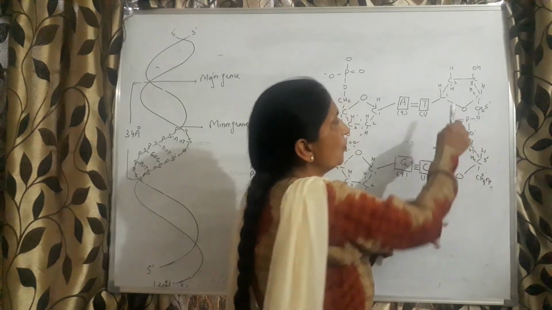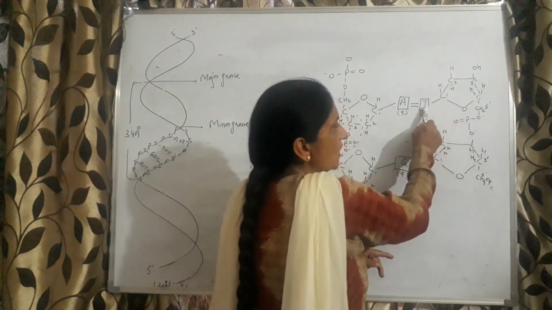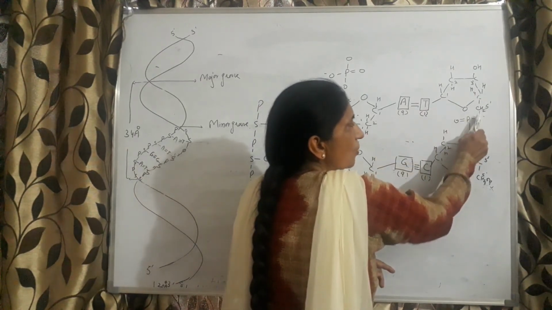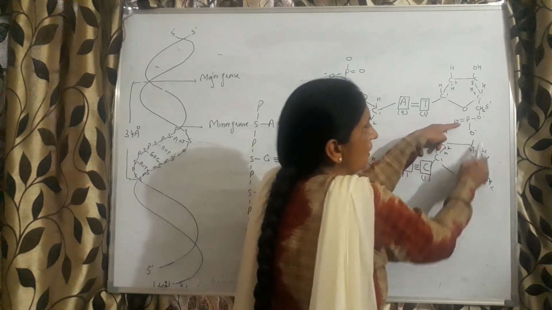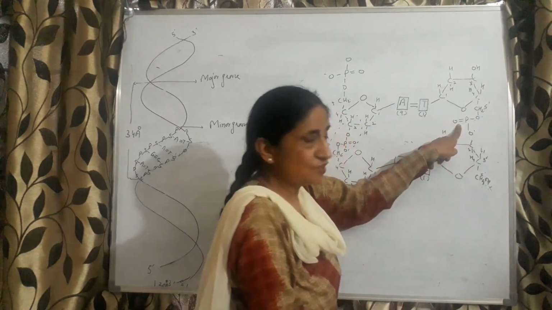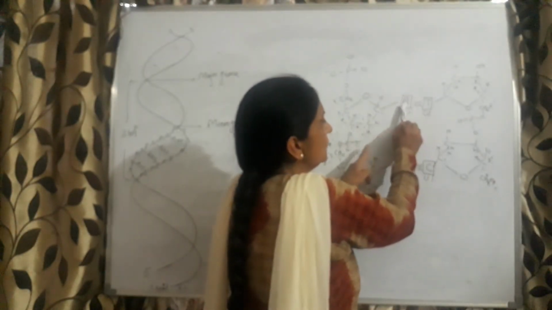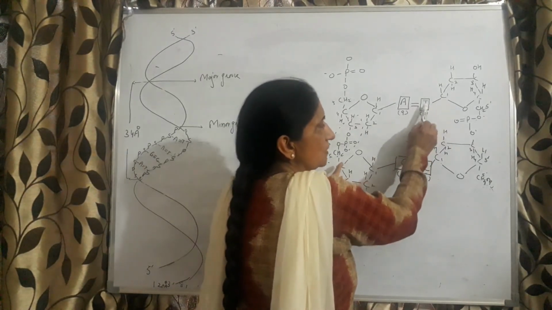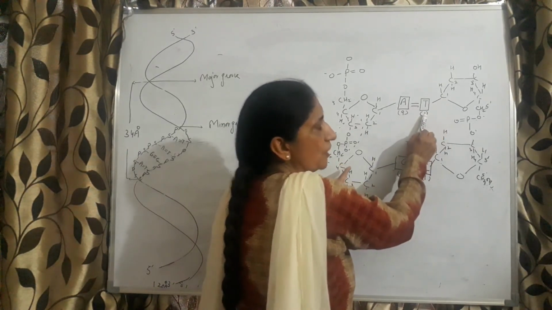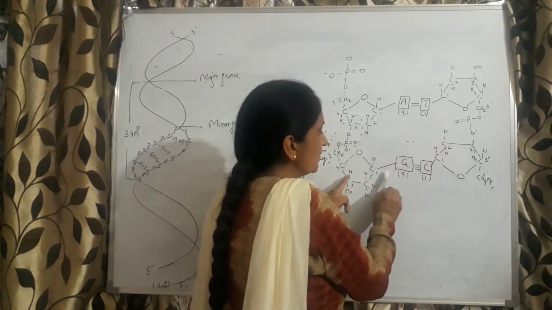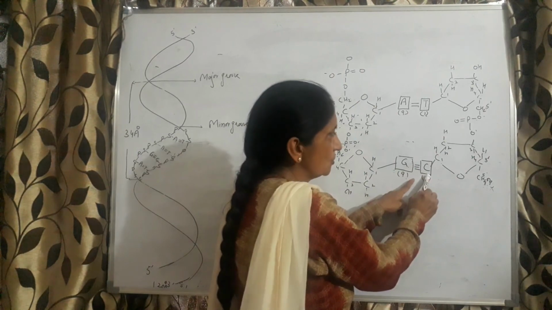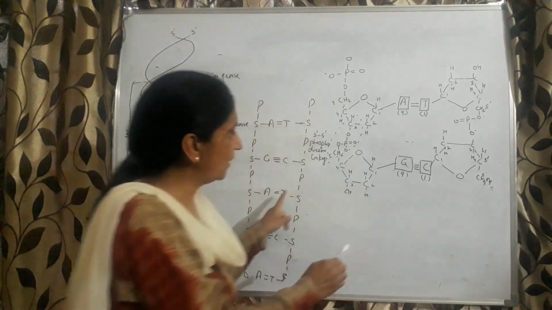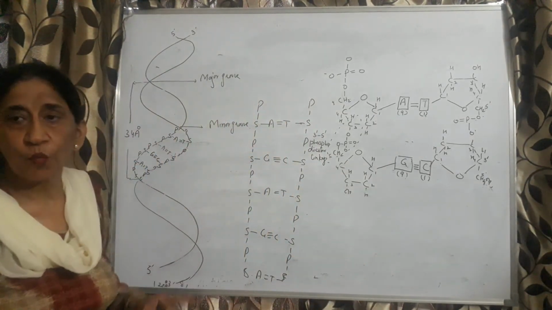Simply you have to invert the sugar molecule. Carbon atom 1 is attached to the nitrogen base, so naturally there is complementary base pairing. Carbon atom 5 is attached to the phosphate molecule. Adjacent nucleotides are held by 5'-3' phosphodiester linkage. And here, if there is adenine over here, this bond formation occurs at position number 9. Adenine will pair with thymine. Thymine will form a glycosidic bond at position number 1. Again, if it is guanine over here, there will be cytosine. They will be held together through hydrogen bonds. So these are the different points of the Watson-Crick model of DNA.